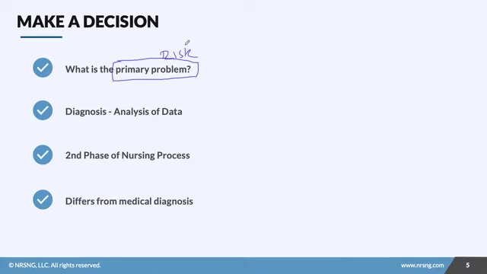So we use the information available. We use things from primary sources, which would be from the patient themselves, or we can use secondary sources, and that's from anywhere else. Okay. Now we make this decision and we write it down